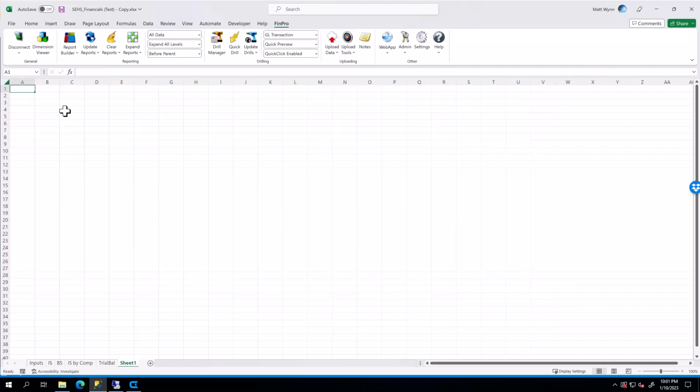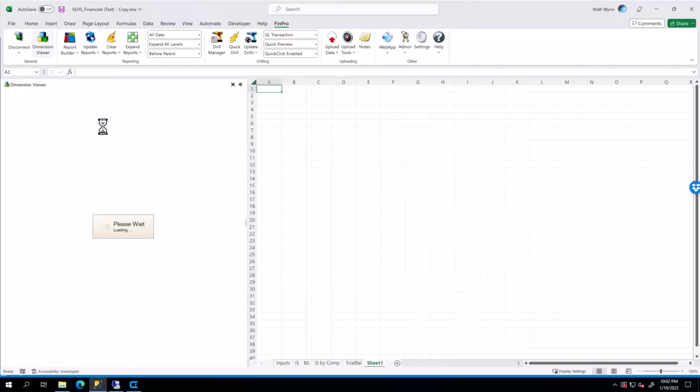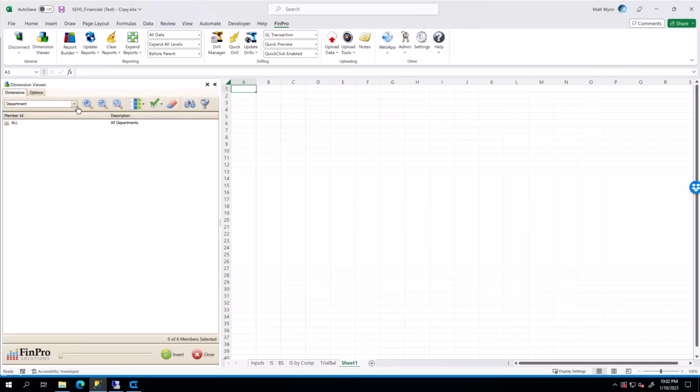We're going to start by looking at the dimension viewer, which is the core component within the FinPro environment. The dimension viewer allows you to access the cube environment of FinPro, which gives you a visual access to all of your reporting layers or dimensions. The number of dimensions that you have will depend on the number of general ledger elements in your accounting system, and also any additional layers that you want to incorporate from a management perspective on top of what you have